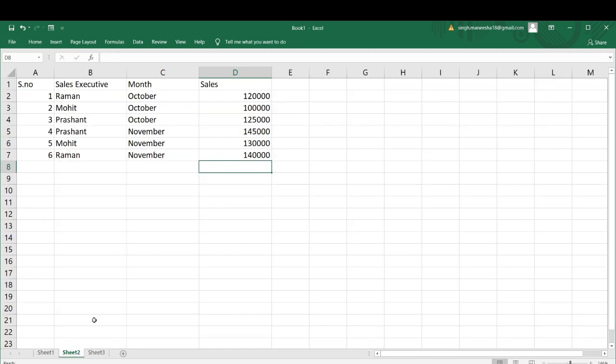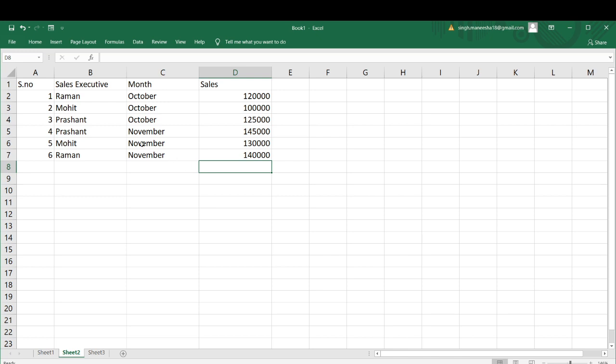Now the second sheet, go to the second sheet, and here I will show you how to do subtotal. The subtotal feature in database helps us to manage, analyze and extract specific information from rows of related data. Related data we need, that's why I have already posted some data accordingly, so that we can apply subtotal in that.